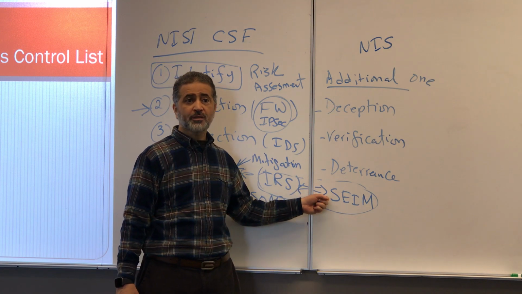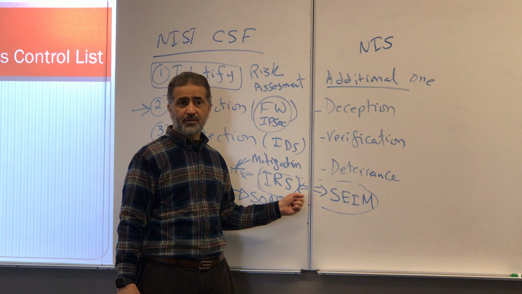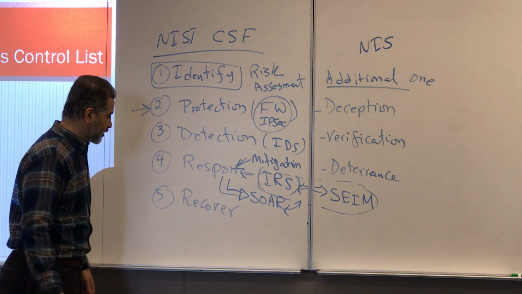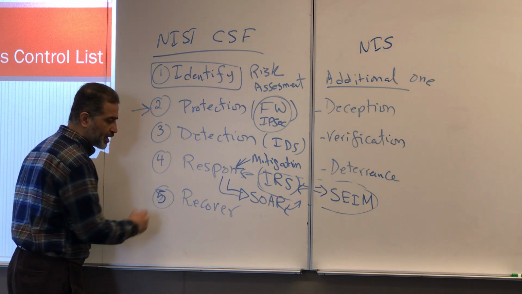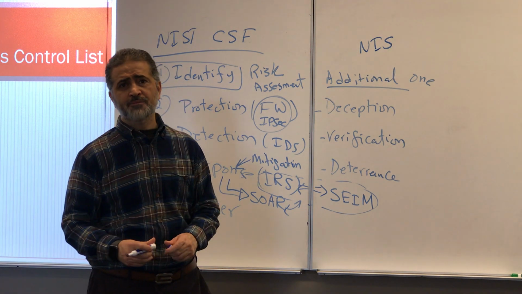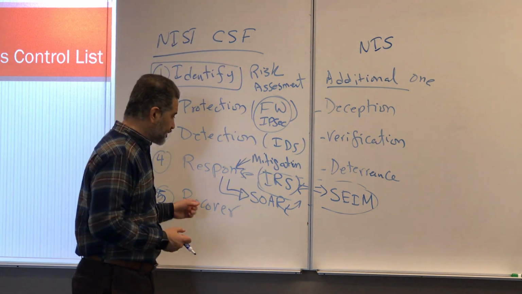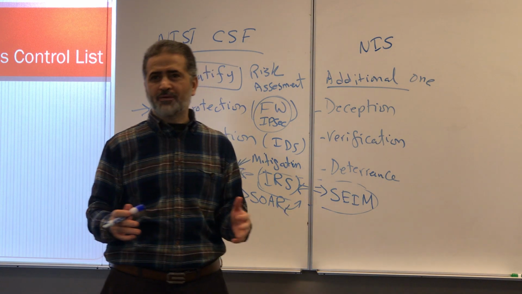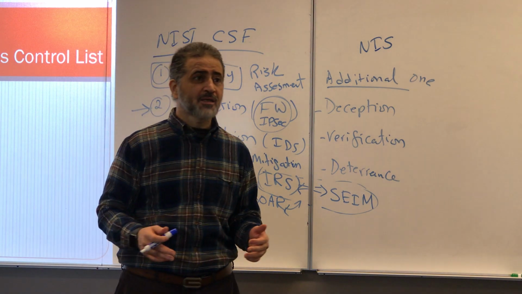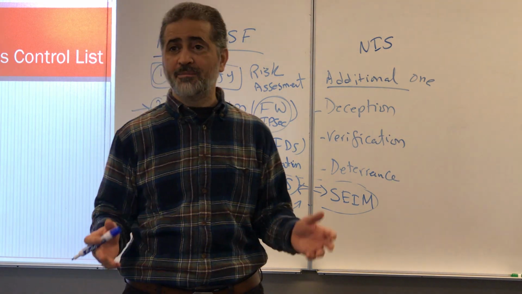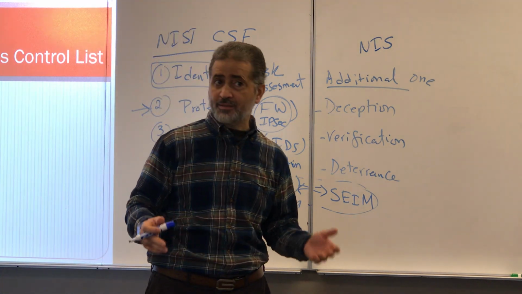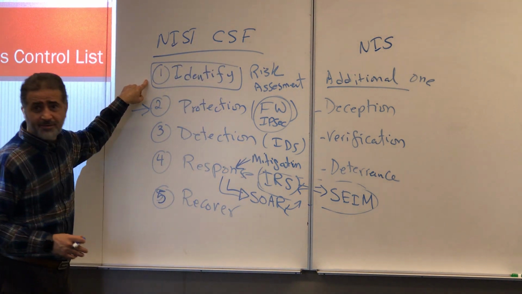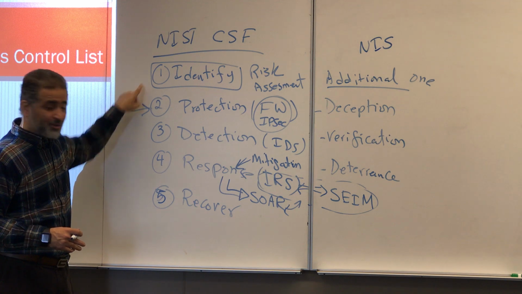We do a lot of research here, and if you are interested, summer will be an interesting time to discuss projects regarding this. Okay, and then the last one is recover. Not least, it's a very important area, but it's very well defined what to do, how you recover. You need to have contingency plans. You need to have a disaster recovery plan. You need to have backups. You need to have redundancy. You need to have isolation and these kinds of things, which are usually planned right here. When you identify risk, you plan for this.